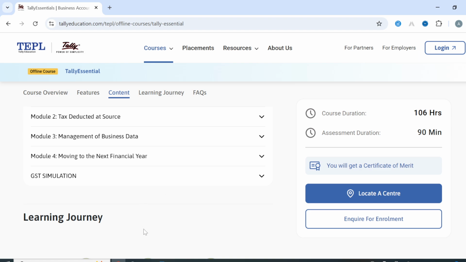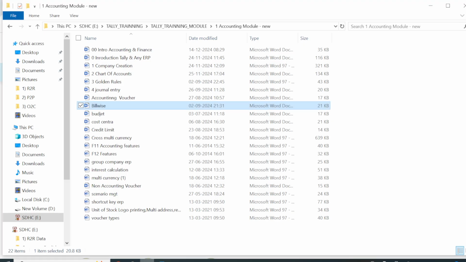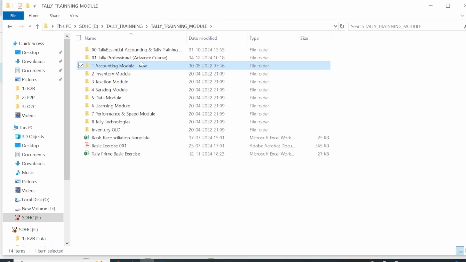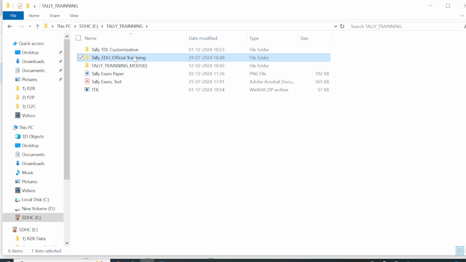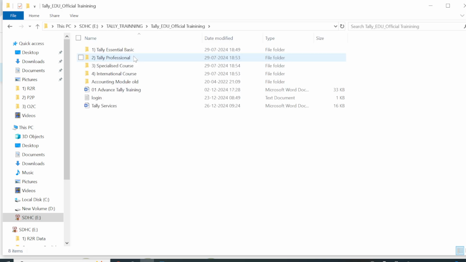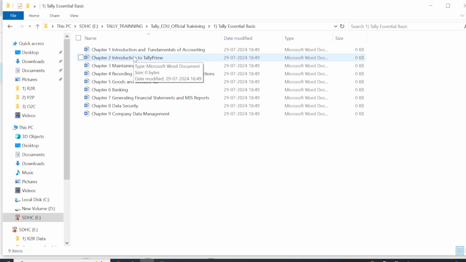Whatever left-out or newly added chapters there are, we have already recorded in our content. There are two official Tally training levels. One is Tally Essential. In Tally Essential, basically these features were there: introduction and fundamentals of accounting, introduction to Tally, maintaining chart of accounts,